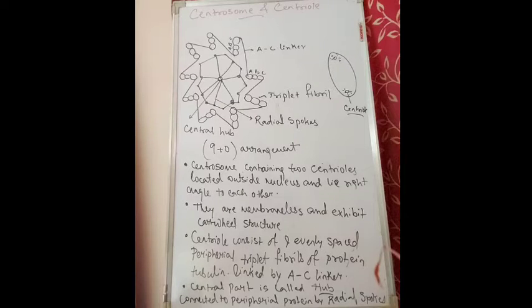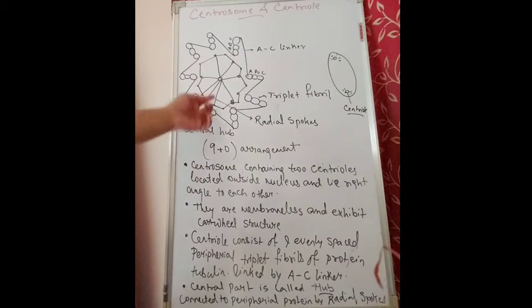In cilia and flagella, you have seen it is arranged in a 9+2 arrangement, whereas in the case of centriole or centrosome, it is a 9+0 arrangement. Why is it called 9+0? Because the peripheral proteins are 9 in number, arranged peripherally in the form of triplet fibrils. That means triplet proteinaceous structures called tubulin are arranged and they are named A, B, C. These are the peripheral proteins, so they are numbered as 9.